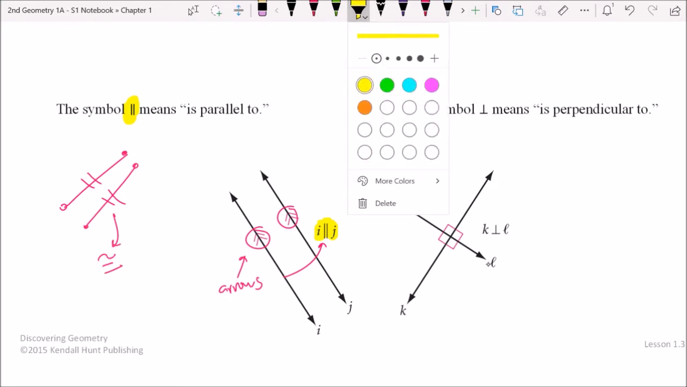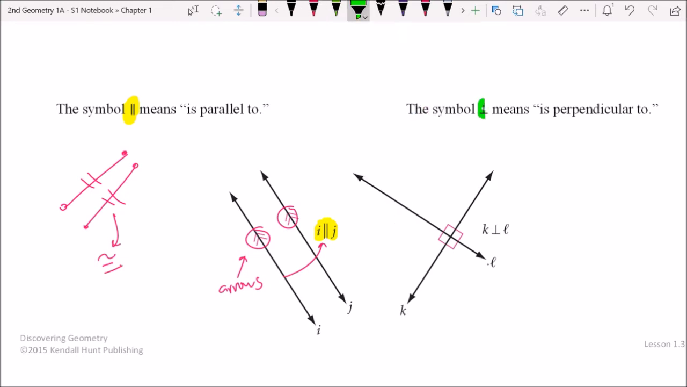The next symbol and the next vocab is over here. Okay, and that is like an upside down T, and it stands in for perpendicular. Rather than having to write the word perpendicular every time, or "is perpendicular to" every time, we just put that upside down T. And you may have already figured this out from the picture, because look at these labels in here. Perpendicular means that they are making a right angle,